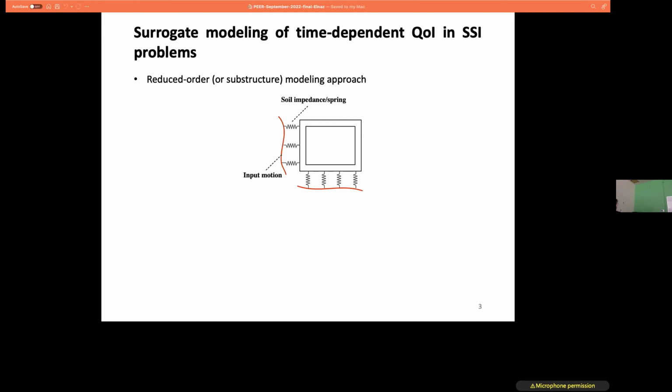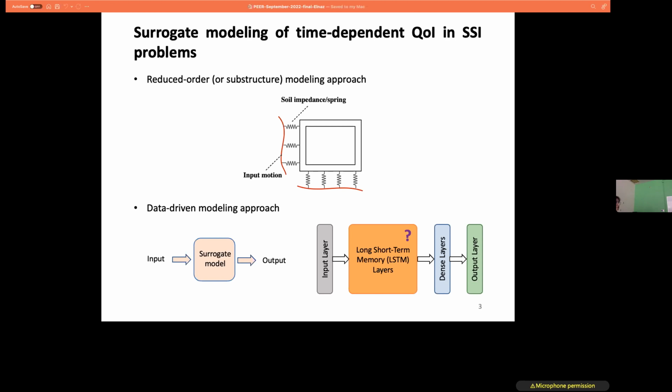So we really need to work hard to develop these springs and also the input motion, and then hopefully use them for our UQ tasks. But the other approach could be the data-driven modeling approach, where we say that, okay, if we have a limited budget that we can do some high fidelity formal simulations, then how we can use that to define a mapping from our input parameter space to the quantity of interest we have, and then how we can use it for our UQ tasks.